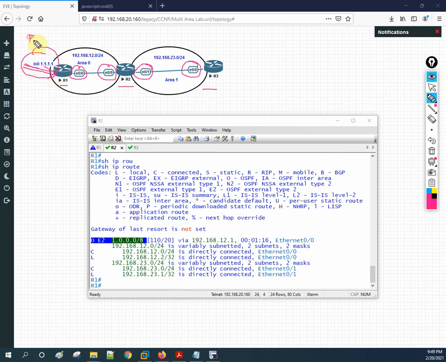Maybe we can write RIP or EIGRP, or directly connected. In a real scenario you will have RIP or EIGRP working here, but for lab purposes I am taking it as directly connected. So we are saying this is a redistribution. How do we do redistribution? We go inside router ospf 1, then write redistribute connected subnets.